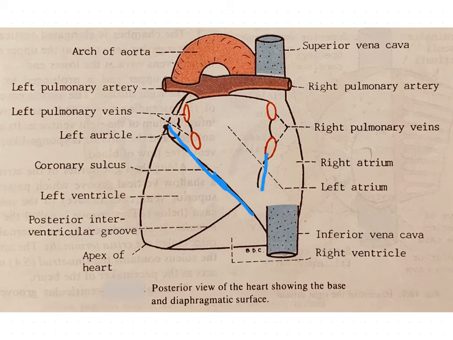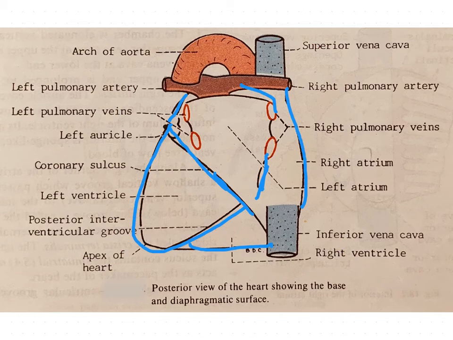This is the left atrium and this part is the auricle, left auricle. This forms the left atrium, and this one is the right atrium here, and this major portion is the left ventricle, and a small part of right ventricle is seen on the posterior view, especially